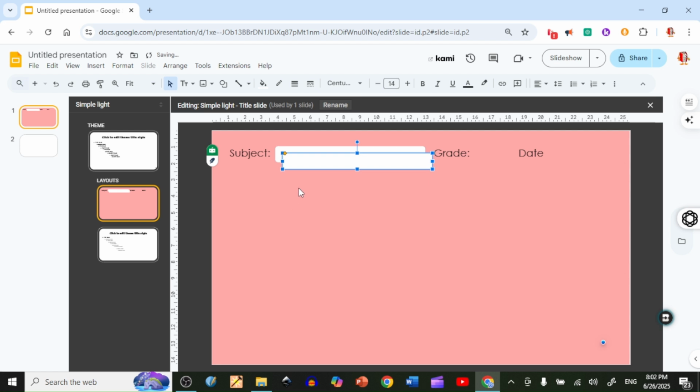Now I will just press Ctrl D on my keyboard to duplicate this box, and I will resize it by dragging it with handles. Let's make it even smaller because for grade I don't need a big box. Next, I will duplicate again by pressing Ctrl D, and this red guideline helps me to align the text box, and I'm going to drag it to make enough space to write my date. Next, I'm going to duplicate this text box once again, and now I will